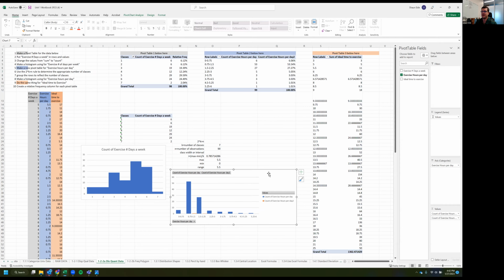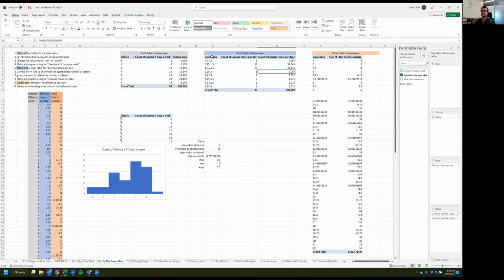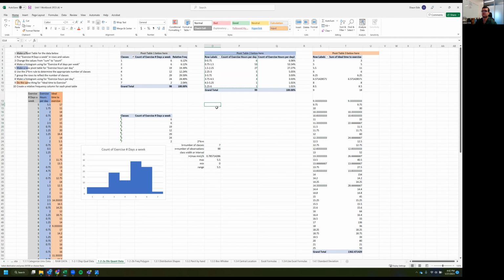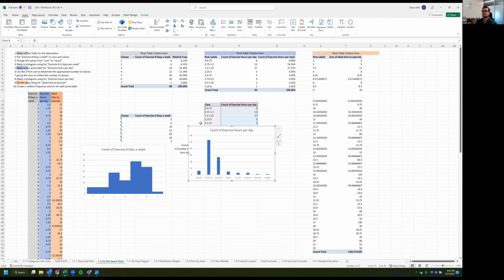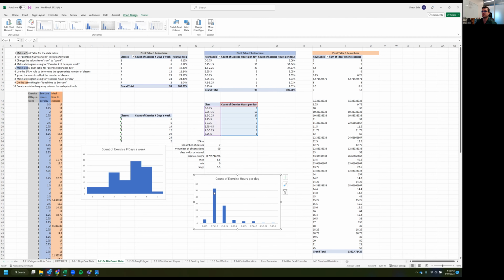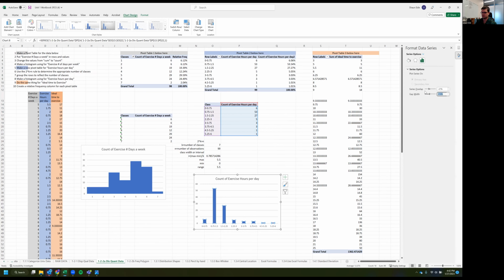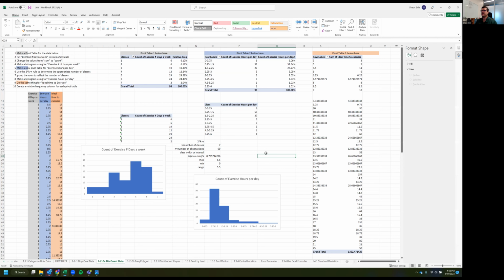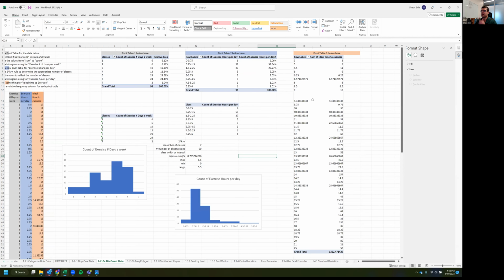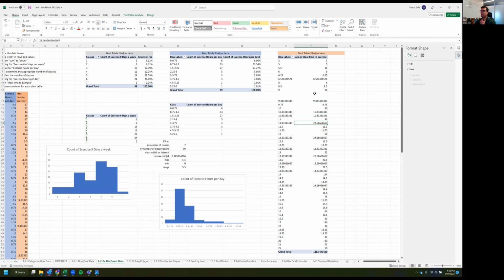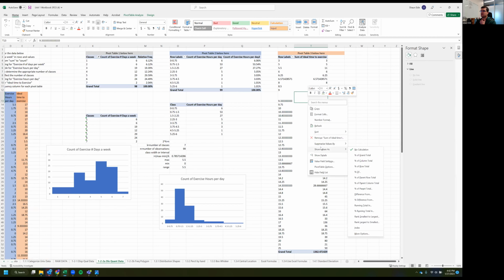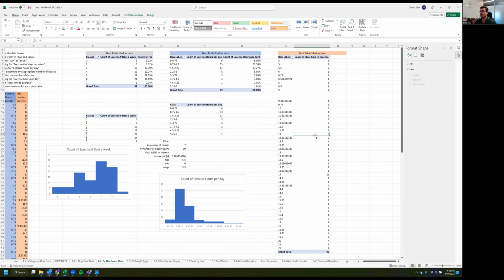And this is once again why you've got to now make a histogram with just this information right here, Control C. So we're going to do insert. And then we're going to do gap width of 0. Okay. Now let's come over here to the sum of ideal time to exercise. Once again, you've got to right click, show values as, or summarize values by count. Okay. And after you summarize values by count,